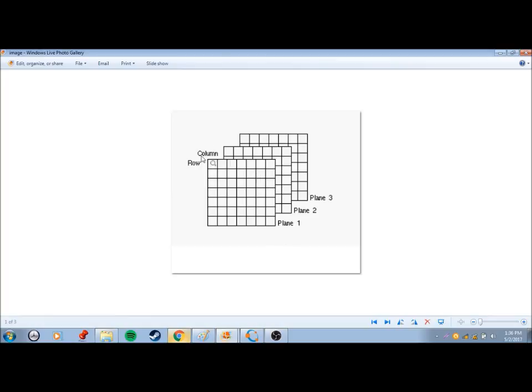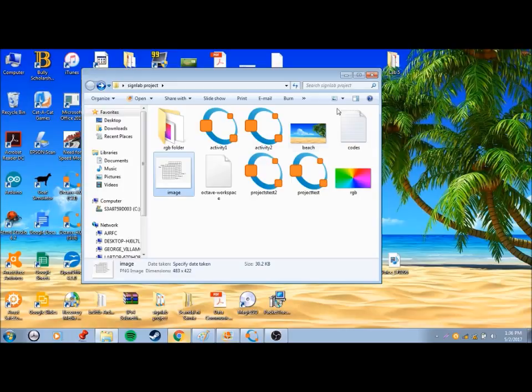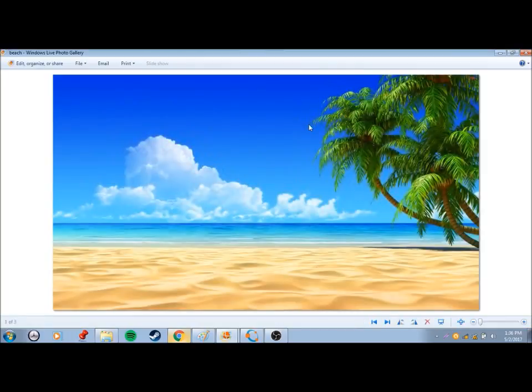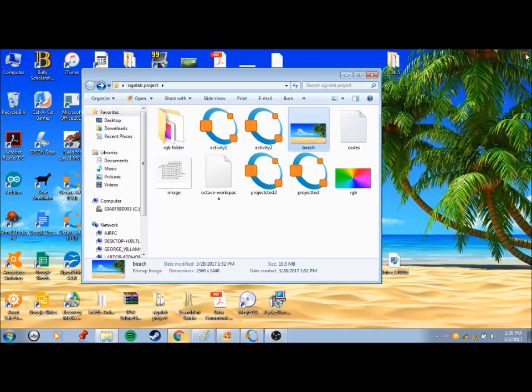Each bit has a color intensity ranging from 0 to 255, since it's an 8-bit color. If you combine these three frames, R, G, and B, you get a color image. We will go over that as we go on.